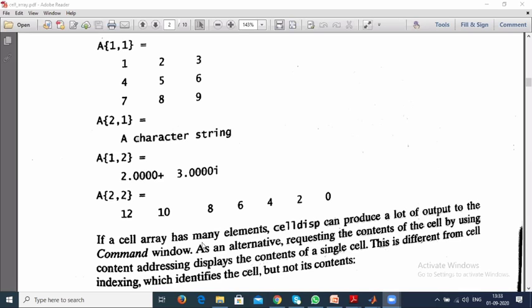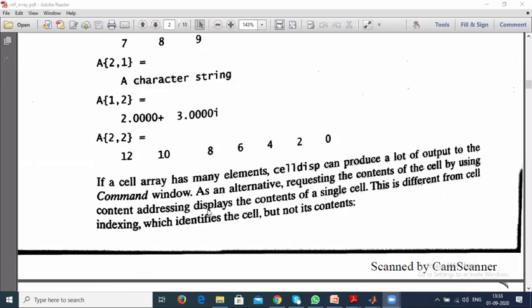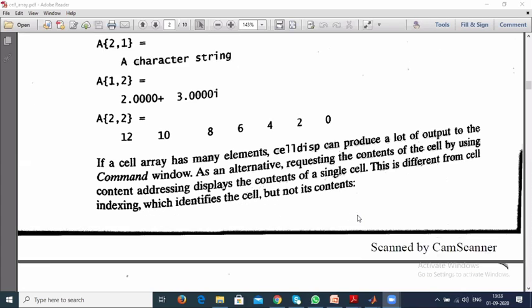In a cell array we have many elements, and cell display can produce a lot of output in the command window. As an alternative, requesting the contents of a cell using content addressing displays the contents of a single cell. This is different from cell indexing, which defines the cell but not its contents.